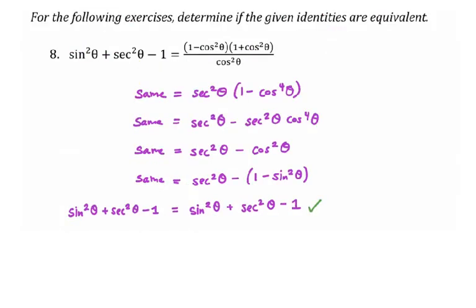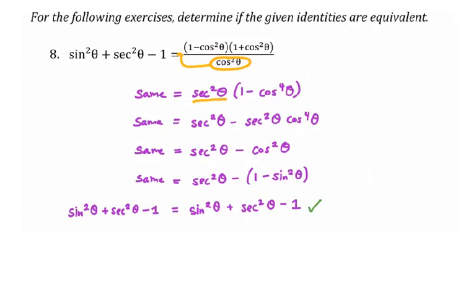So it looks like problems 8 and 9 are now actually asking us to verify. This is where we'd like to keep one side of the equation the same the whole way down and manipulate the other. Typically we choose the side that feels more complicated and we rewrite that carefully. You may or may not agree, but I went ahead and chose the right-hand side as the side that felt more complicated. What I've done so far is I've brought cosine squared in the denominator up to the numerator as